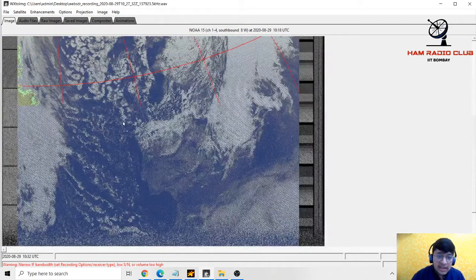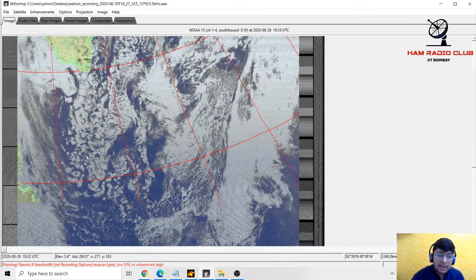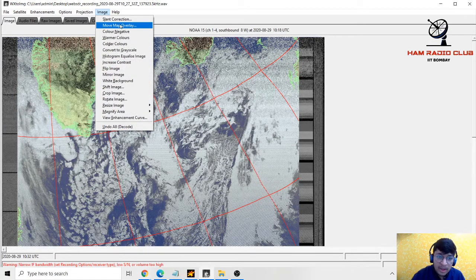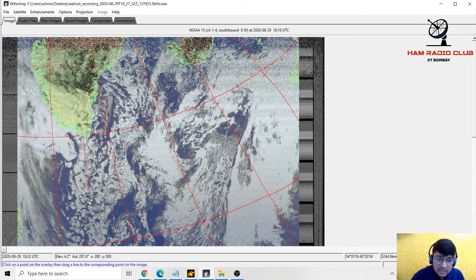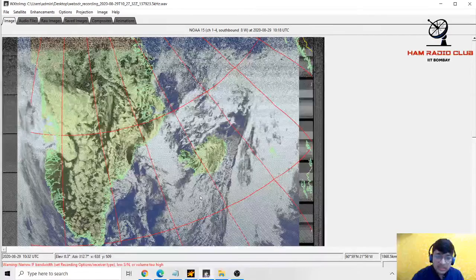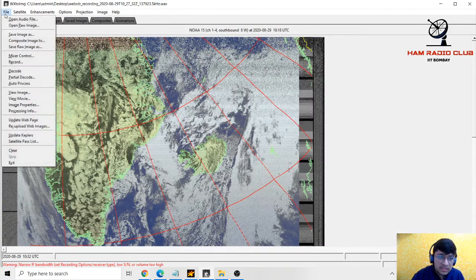There's one feature: you can see this is a map which is being overlaid on this image. If you feel that the map is not at the right location, like I can clearly understand that this map should be here somewhere, I'll go to image and move map overlay, click on this and drag it over here. Now it has been moved. You have to do this by hit and trial, by seeing what seems correct. For now it seems correct to me, so I'll save this image.